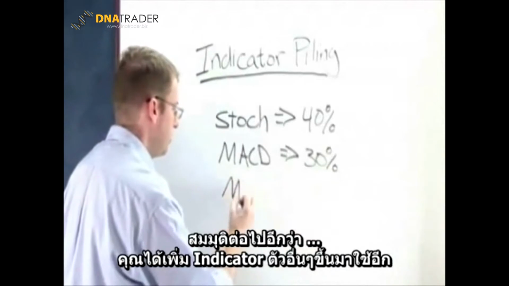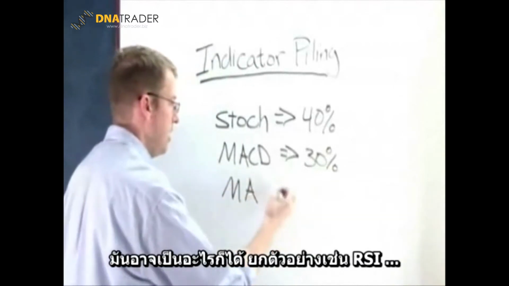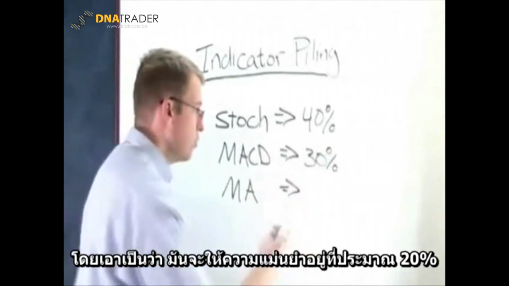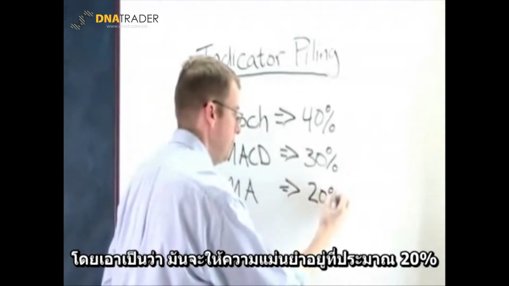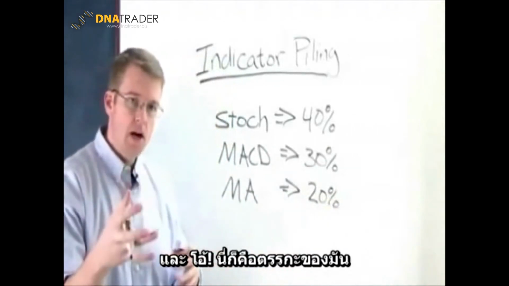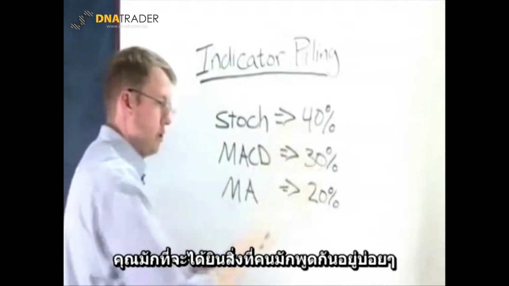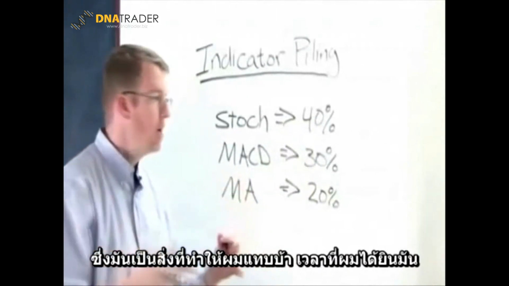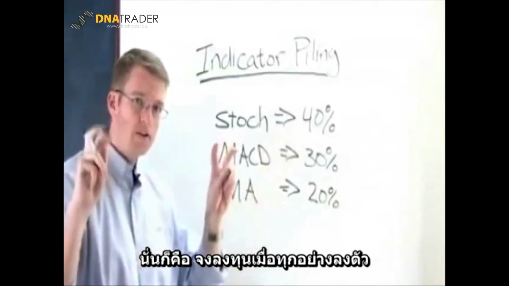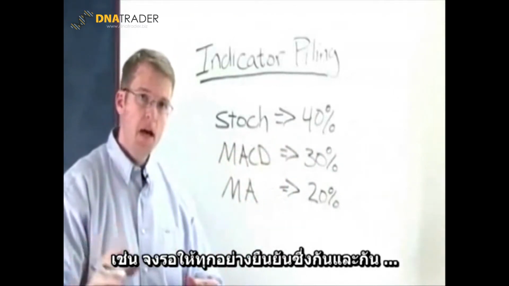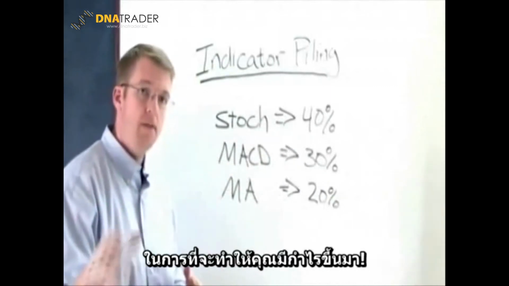Let's say you add on another indicator. It could be anything, RSI, moving averages in this case, and let's say that gives you a 20% probability of having a successful outcome. Well, so here goes the logic. At this point, you'll hear oftentimes, in fact, I heard one today, and it drives me crazy when I hear this, investing instructors say, well, wait for everything to agree, because it gives you a higher probability of having a